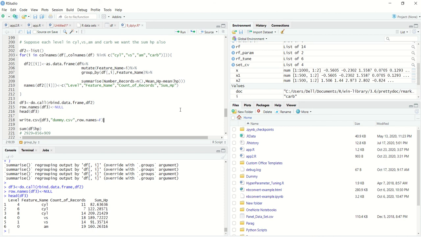After aggregation, what form of summary do I want? Do I want a sum based summary, average based summary, or a count based summary? Then I have the summarize function, which indicates what level of summary or what exact summary we want. And the next is the number of records within each level, which is nothing but n with brackets.